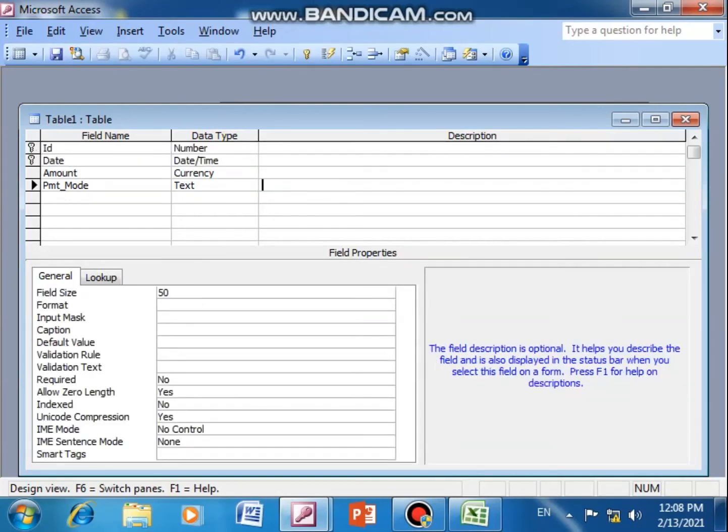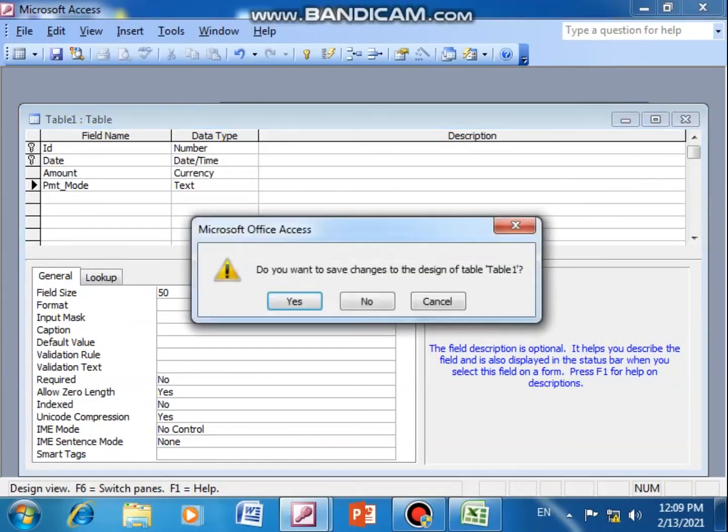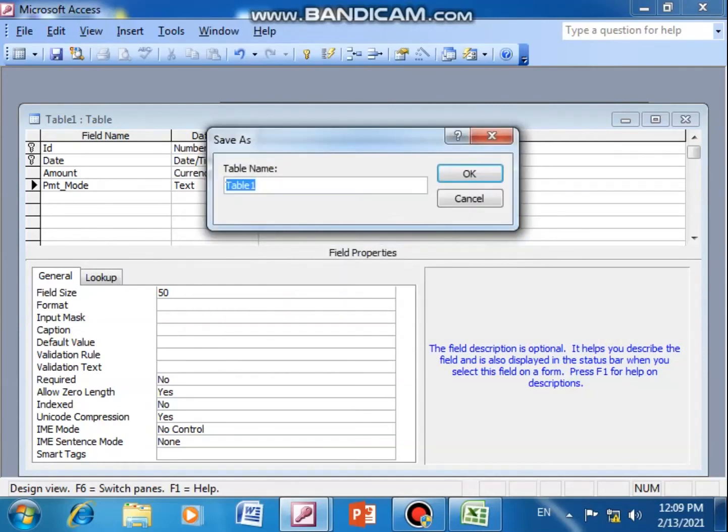Composite primary key means the combination of ID and date will not be repeated. For example, Imran paid the fees today, his GR number is 2, then 2 and today's date. That combination will not be repeated. He can pay the fees tomorrow, and on the same date others can pay the fees, right? So that is known as a composite primary key. Try to understand the concept. Okay, I have to save the file.